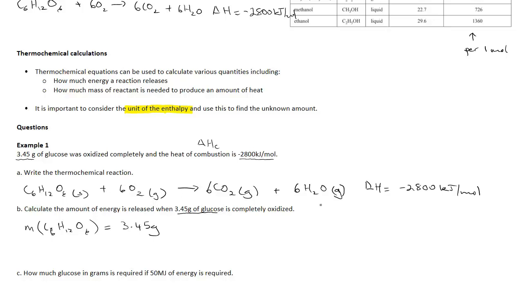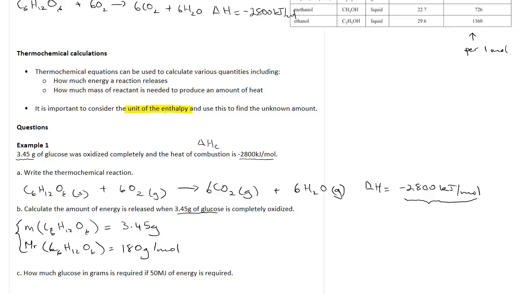Now if we look at our enthalpy, it states that it's kilojoules per mole in this reaction. So it's no good working with masses of glucose. We want to work out the molar mass of glucose. C6H12O6, the molar mass is equal to 180 grams per mole, and then you can use that to calculate the mole of